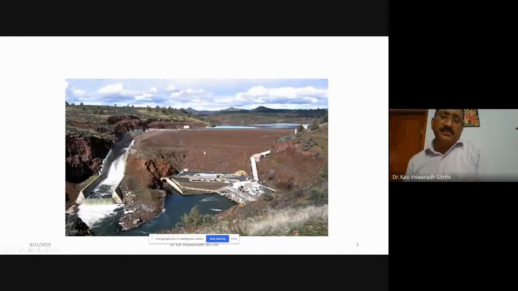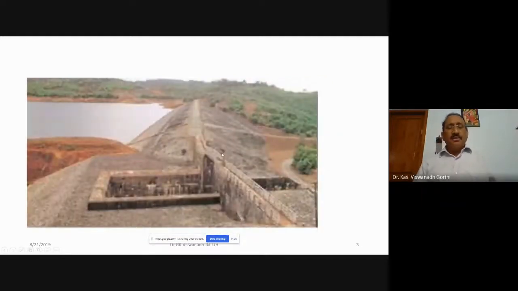You might be observing some stones are also available here. This is all called the pitching. It is the stone pitching which would be done on the surface of the earth dam. On the inclined surface of the earth dam on both sides, this stone pitching will be done. Let us see why and how it should be done. Of course, a safety valve also is provided here. So water will be stored. It's something like a simple bund which is provided across a stream or a river to store the water. So this is how the earth dam works.